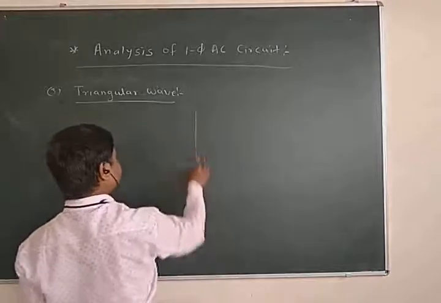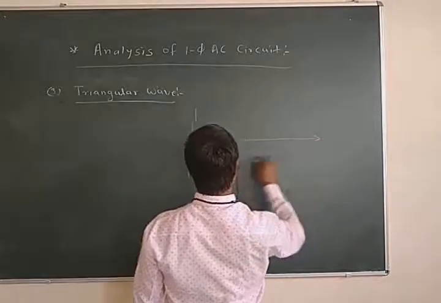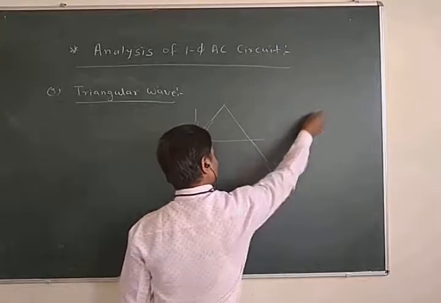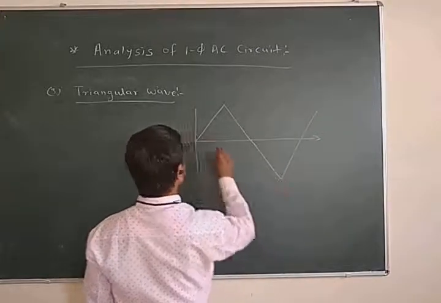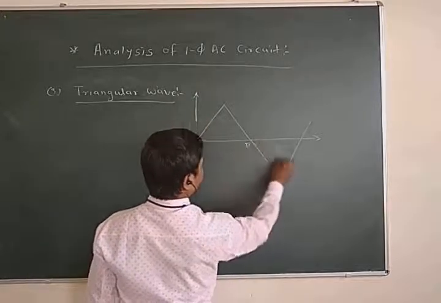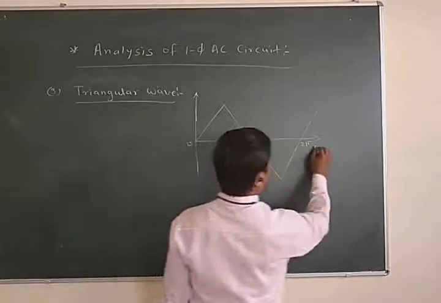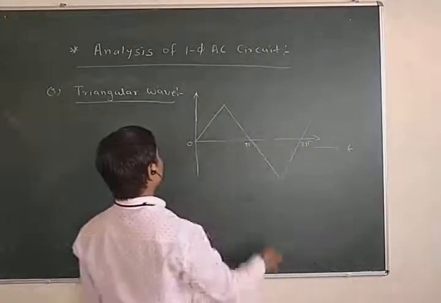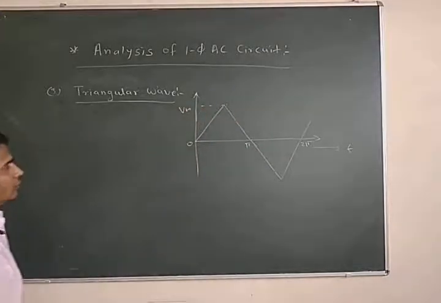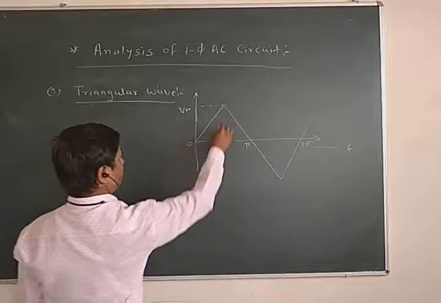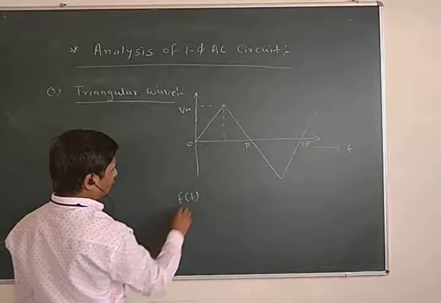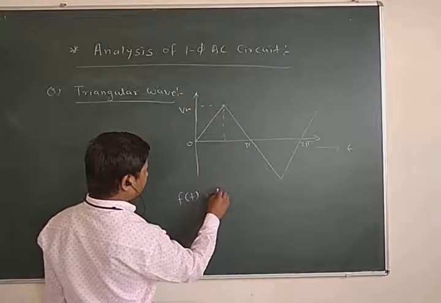Shape of the wave is: zero, pi, 2 pi into t. Maximum value of the function is Vm. Now the function becomes f(t) is equal to, y is equal to mx plus c,